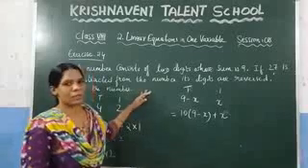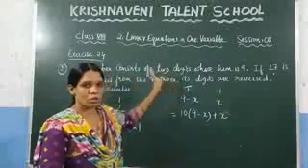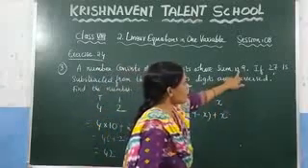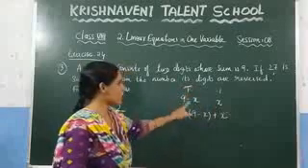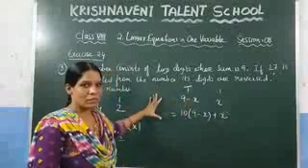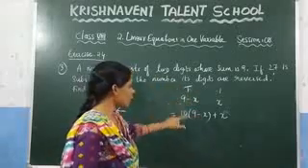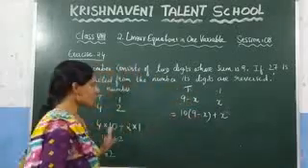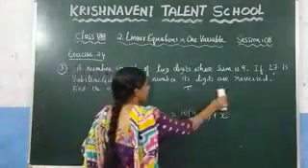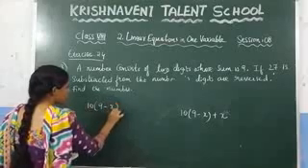Here, we don't know that number. They have given the condition: the number consists of 2 digits, and you don't know what those digits are. Let us consider one digit as x, and they said that their sum is 9. If one is x, then the next digit is 9 minus x. Now we know the digits, but we don't know the number. If you want to find the number, what we need to do is just multiply the place values with the given digits. So we get 10 into 9 minus x plus x. Now at this point we got the number. So the required number is 10 into 9 minus x plus x.